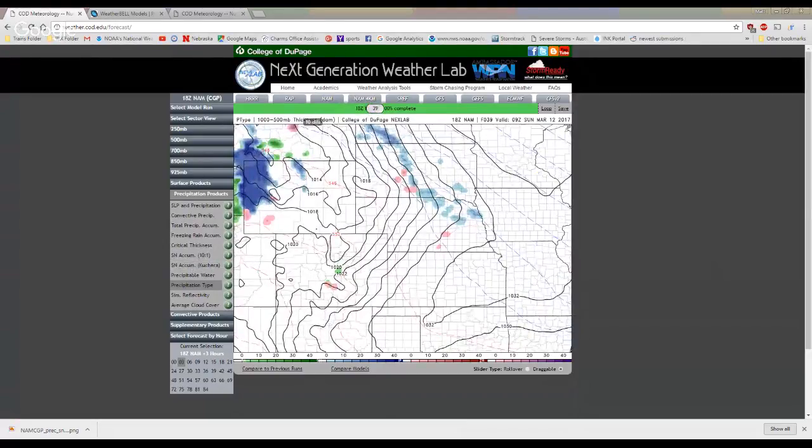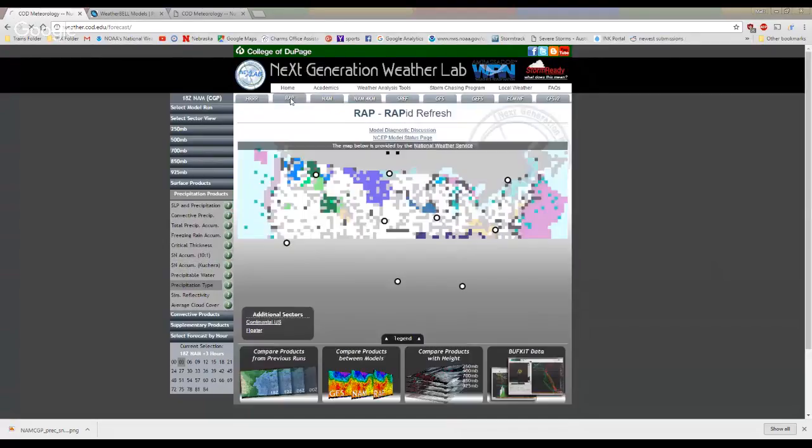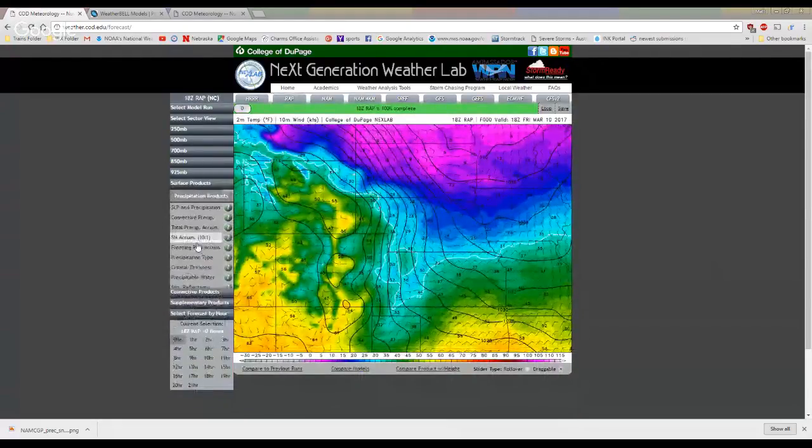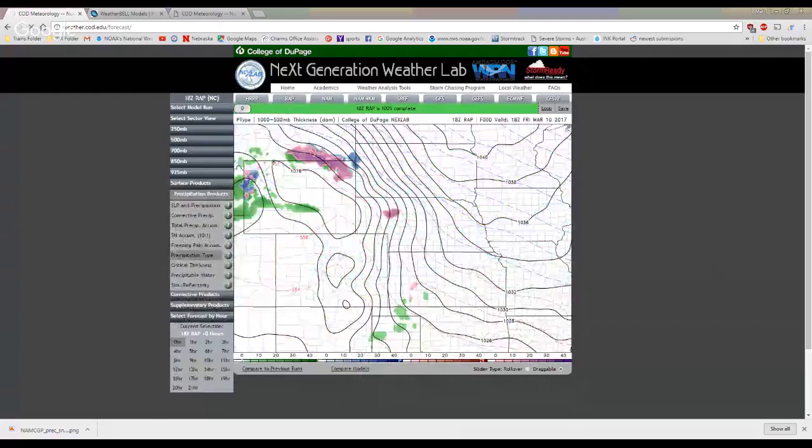Let's go from there to the WRF model showing the exact same thing, and we will go to the precipitation type radar. Here's what it says it was at 12 p.m. This was very wrong. It said there was basically nothing in the state of South Dakota, and once again there's a big swath around Rapid City, between Pierre and Rapid City, and it shows that there's snow on there.